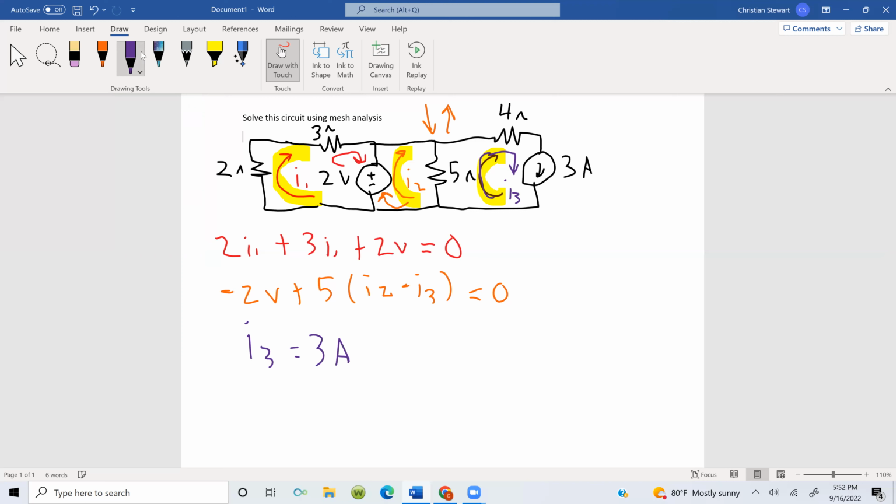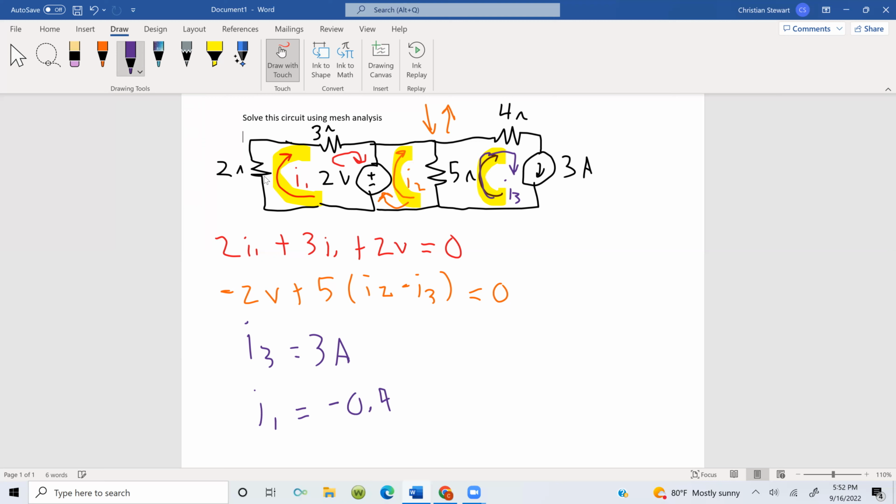And now you can solve this system of equations, and I did it using my calculator. So I'll provide the answers if you want. I could do a tutorial on how to put these equations into the TI Nspire calculator, which is what I use. So I1 is going to be negative